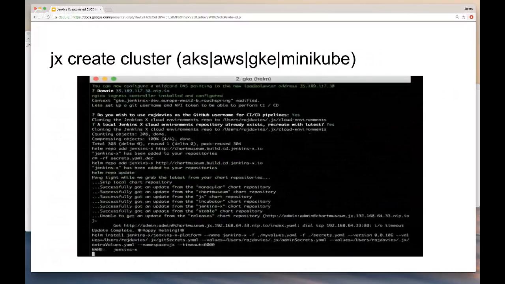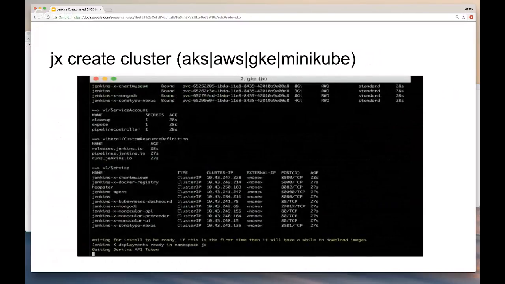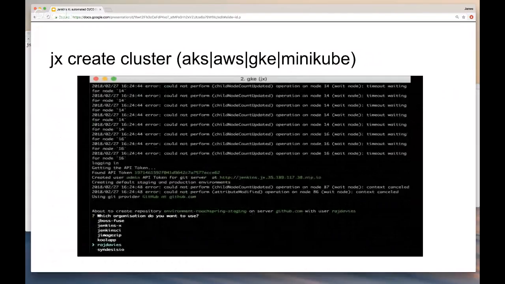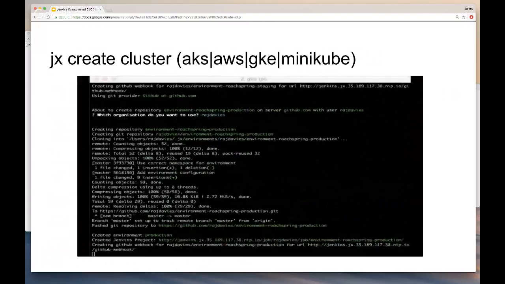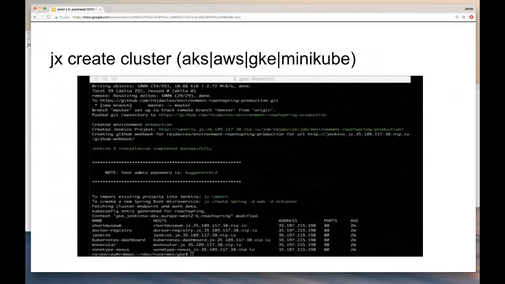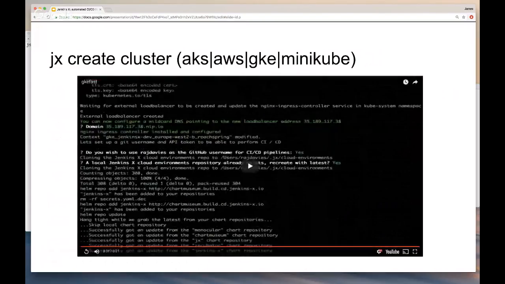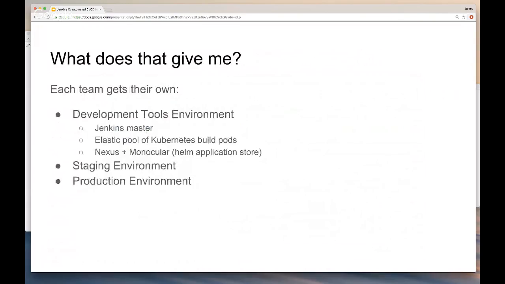It asks you for which nodes you wish to use and which regions. It sets up something called an ingress, which is like a load balancer thingy. Installs Jenkins X and all the various pieces. Then finally, you can just see the last piece. It creates 2 Git repositories, which we'll come on to later when we do the demo. 2 Git repositories, which are used for GitOps, which are your staging and your production environment's Git repository, which those bits will become clear when I start actually demoing it. So